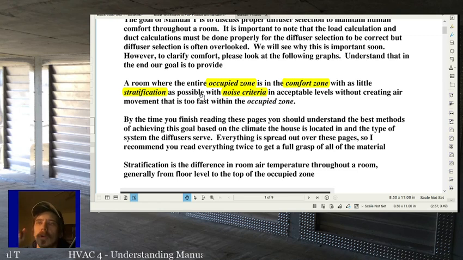Understand that in the end, our goal is to provide a room where the entire occupied zone is in the comfort zone with as little stratification as possible, with noise criteria and acceptable levels, without creating air movement which is too fast within the occupied zone. So to discuss that last bit first, if the air movement is too fast, especially in winter months, people tend